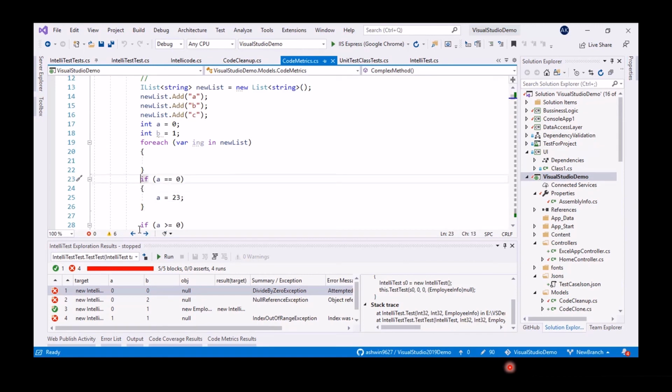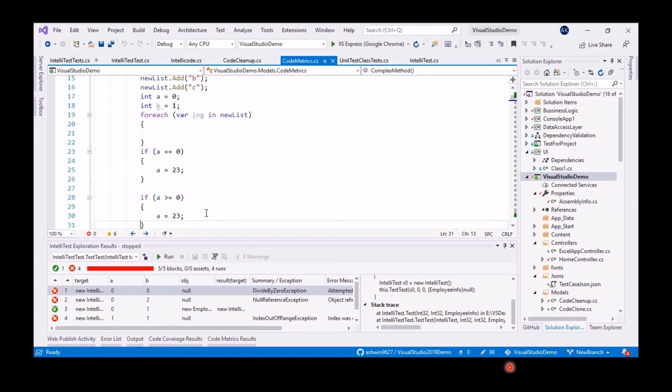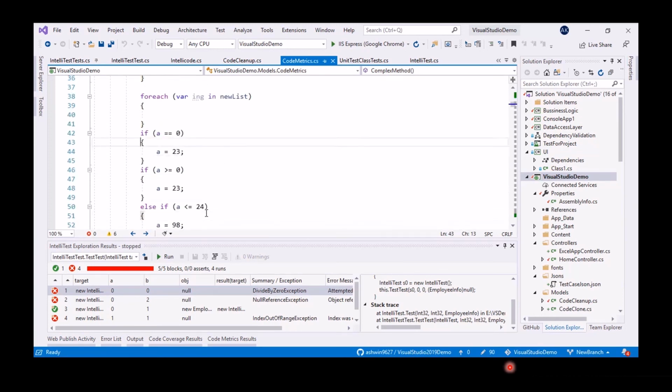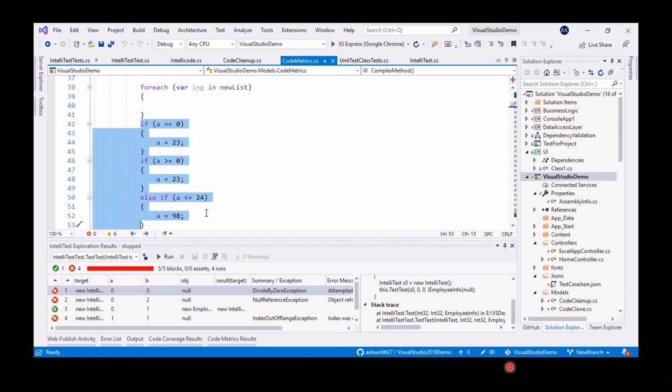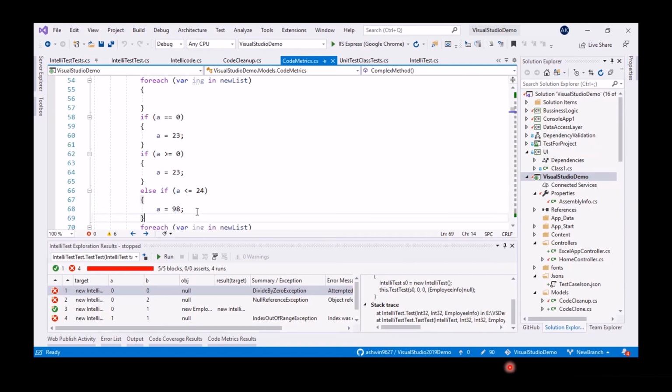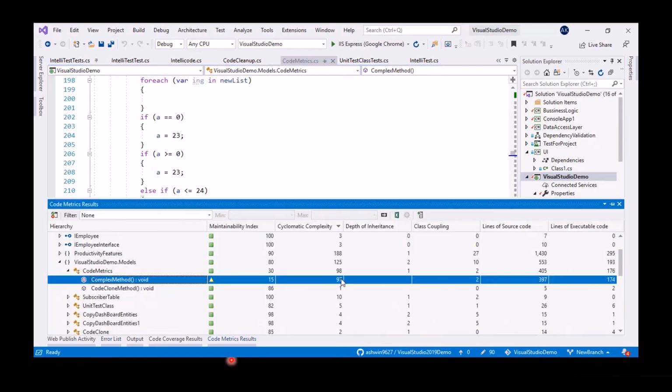You want to rework on that. So the developer knows the reason why these are complex. I would create these conditions in separate methods to reduce the complexity of this method. As you can see, the method is also more than 300 lines. All these things make this method more complex, so that is why it is giving high risk. Likewise, a developer can identify methods which are more complex and refactor them.